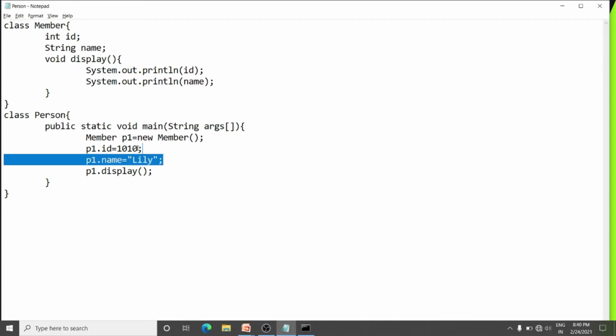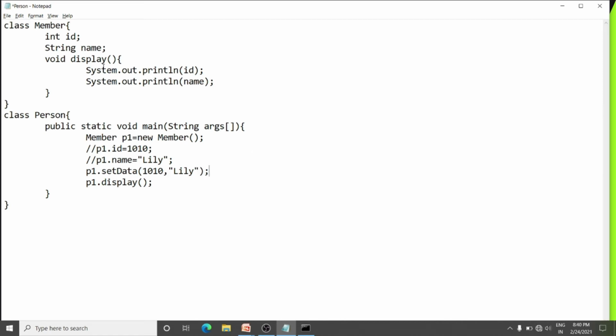Here I can even use one method to set these values. I will show you how to do it. Here I will call that method, p1.setData, with my values 1010 and the string "Lily".